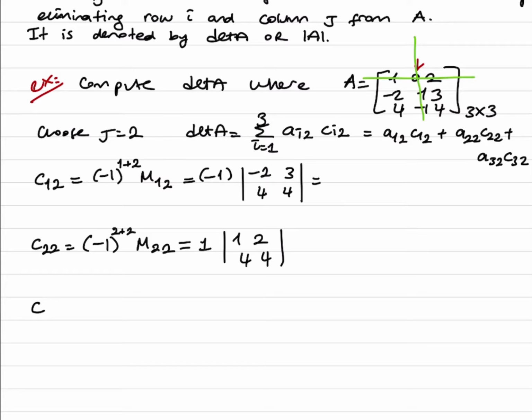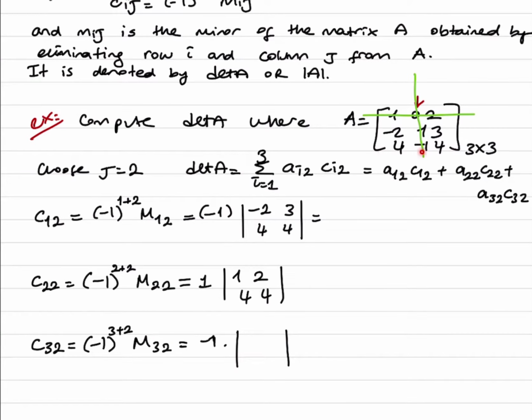And what about c32? c32 is minus 1 to the power 3 plus 2, m32. So it is minus 1 to the power 5, it is minus 1. And this time we will eliminate the third row and second column again. So we are left with 1, 2, minus 2, 3. So these are determinants,